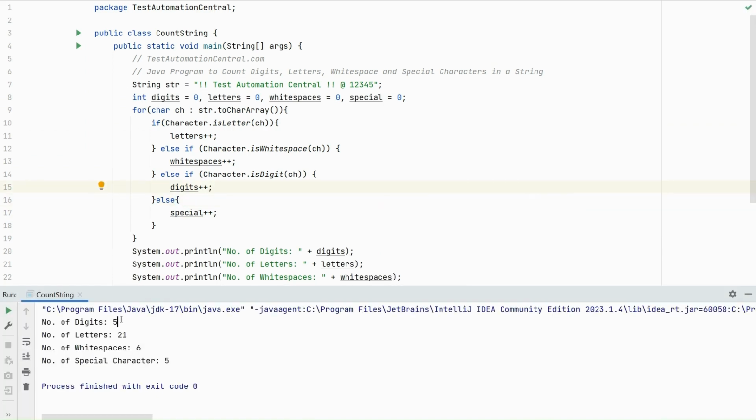So we can see the number of digits are 5, number of letters are 21, number of white spaces are 6, and number of special